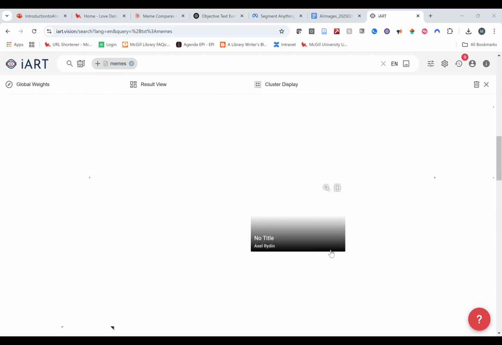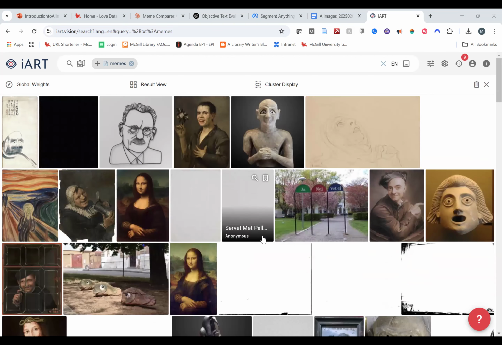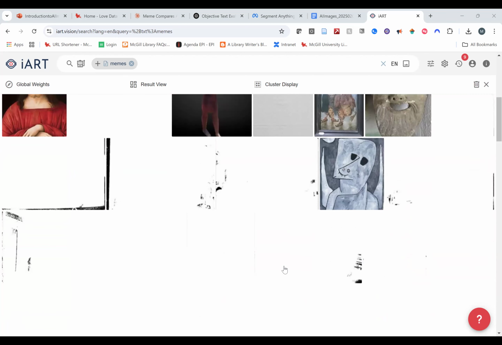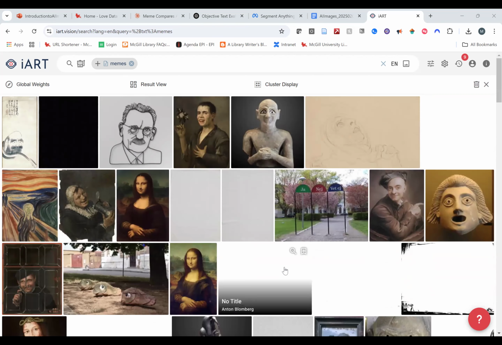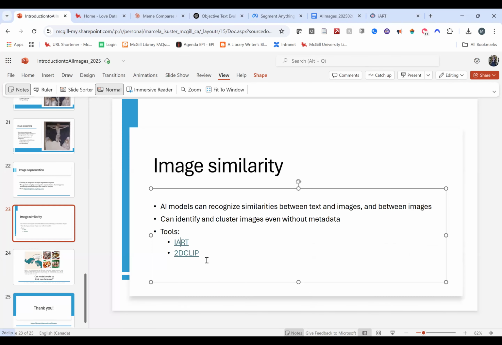And it's taking a bit to load, so maybe I'll do it a little bit quicker. Because I've explored this before, it starts with these images that look very meme-like. And then from there, if you keep going through the pages, it gets really into political cartoons and propaganda, which semantically kind of makes sense when we think about memes. But as I said, none of these images have been tagged as memes. It's just that the system is able to recognize that certain things look more meme-like. The other tool we're going to look into,